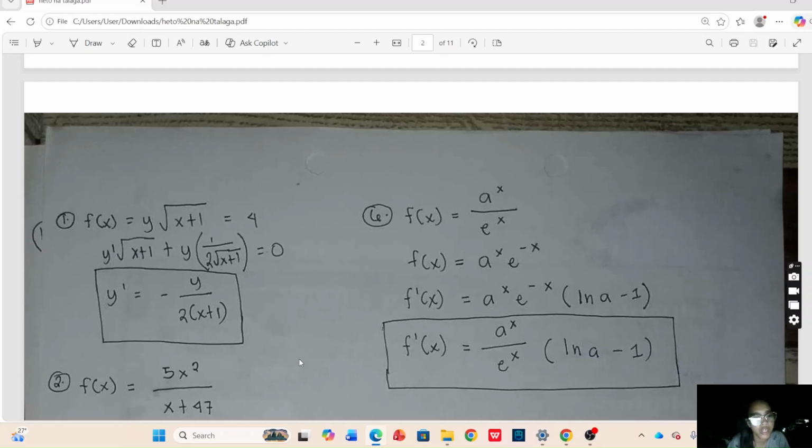Next, apply the power rule together with the chain rule. Multiply 4 by negative 1 half, then subtract 1 from the exponent and multiply by the derivative of the inside quantity, which is 1. After simplifying, the derivative becomes negative 2 divided by the quantity x plus 1 raised to the power of 3 halves.